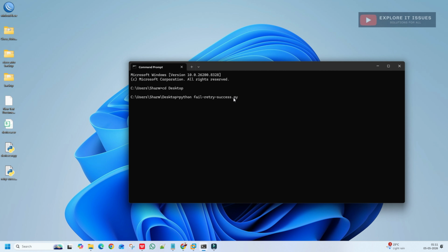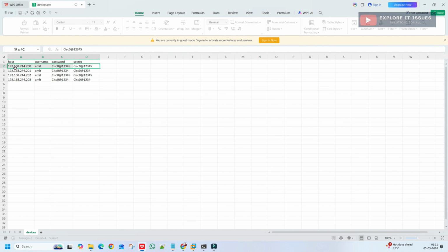So before entering this, I'll show you. Once we have entered this code, the script code, we receive two outputs because two attempts failed, correct? So router 1 failed because we are using the wrong password here, and router 3 also because we are using the wrong password. Okay,